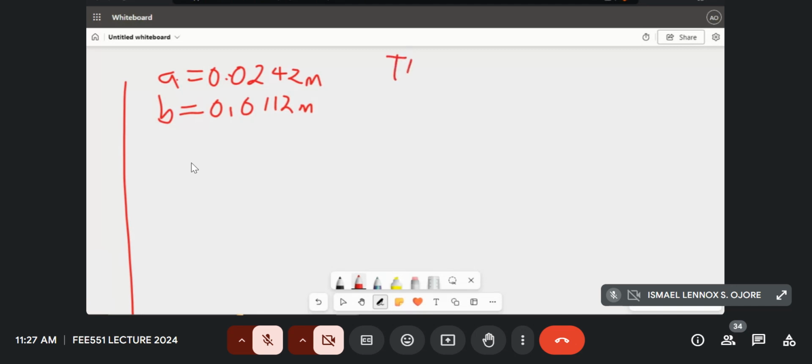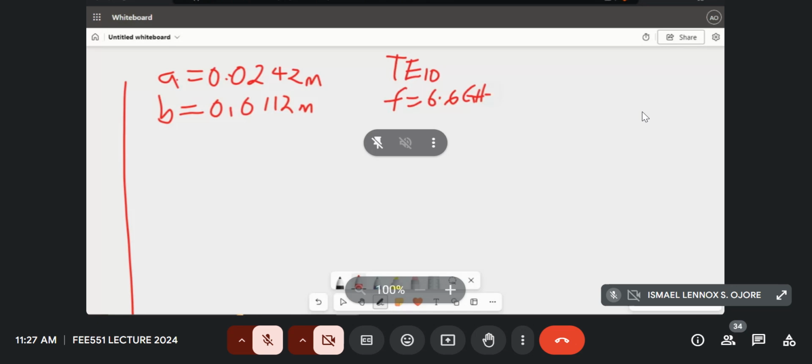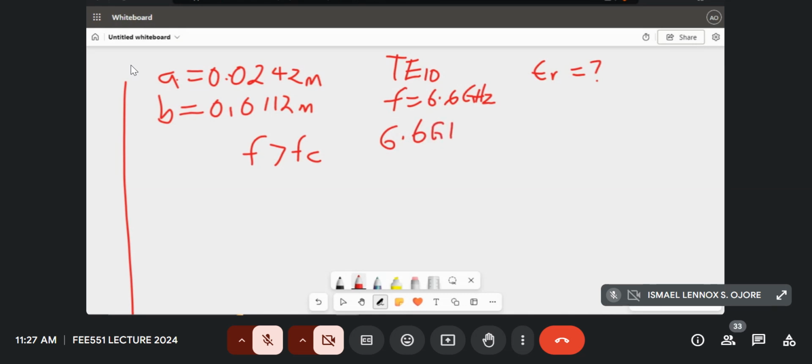We are investigating TE10. The frequency is 6.6 GHz. So we know that for propagation to occur, f must be greater than the cutoff frequency. So 6.6 gigahertz is greater than fc. So we know that fc is equal to